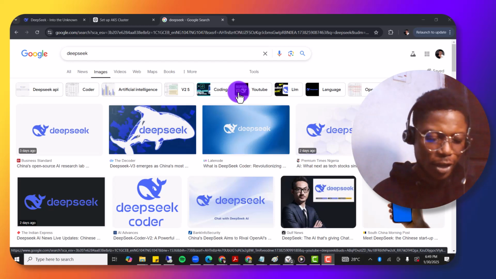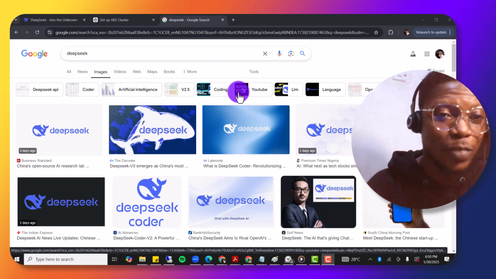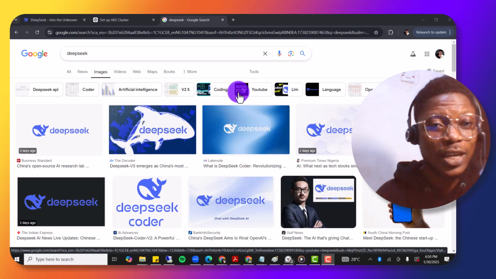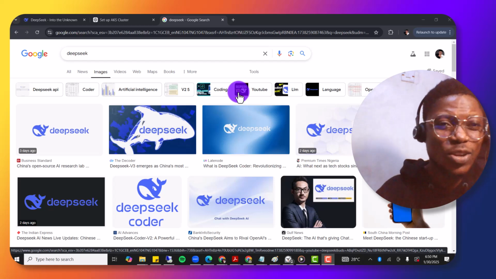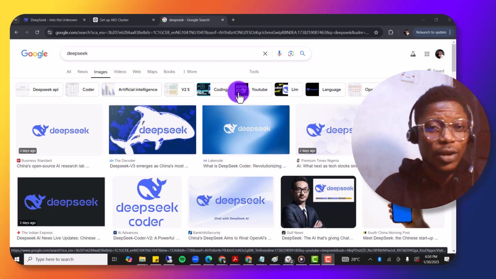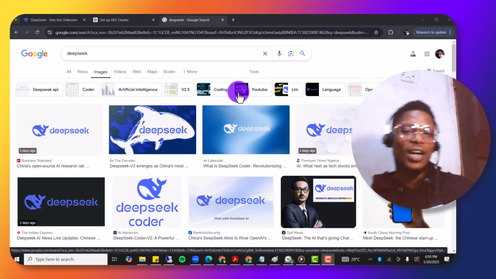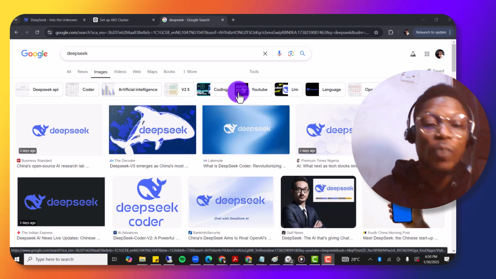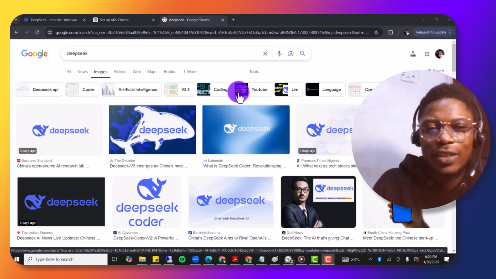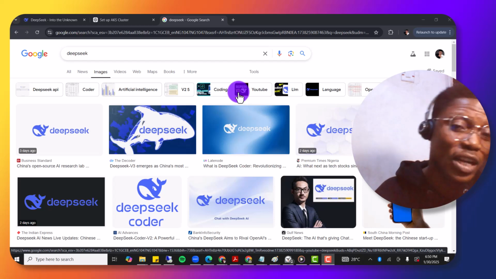So today I just want to drop something very important about this DeepSeek technology a lot of people have been talking about. Now, DeepSeek came out just recently, but now it's taking over the main AI field, which OpenAI, ChatGPT, and all that have actually been in over the years. And DeepSeek is one crazy technology that came out from the Chinese people.